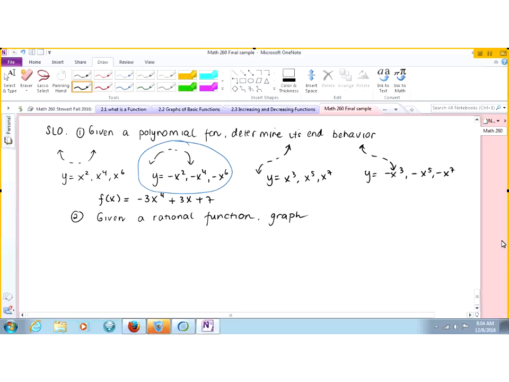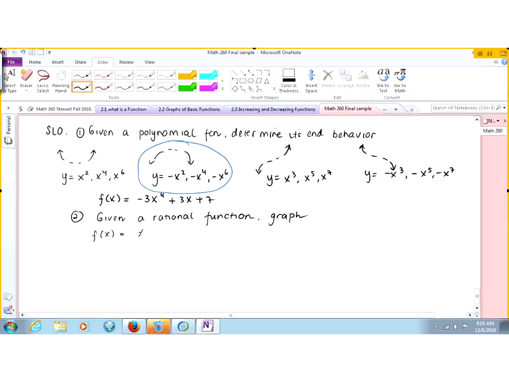Maybe something like number 14 or number 15. Which one do you want to do? 14, 15? We're talking about rational function. 13, 14, 15. Yes. So it starts from number 13. Maybe number 14? So graph f of x